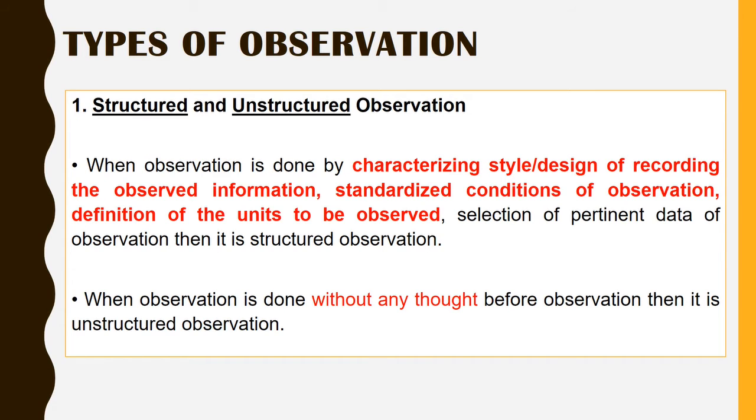So you have a pre-planned design, and you implement it in this observation method. That is called structured. The other one is unstructured, where you haven't decided which way you are going to observe the people or any research things. You have not decided your plan, your design is not completed. In that case it is called unstructured observation, it is not structured based.